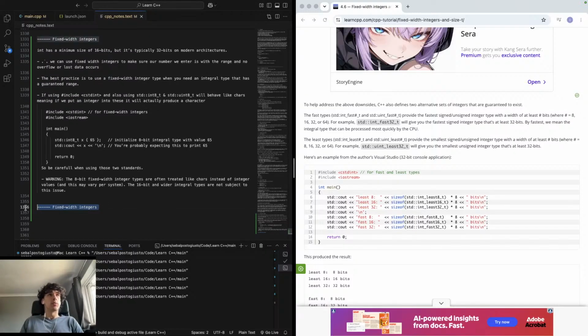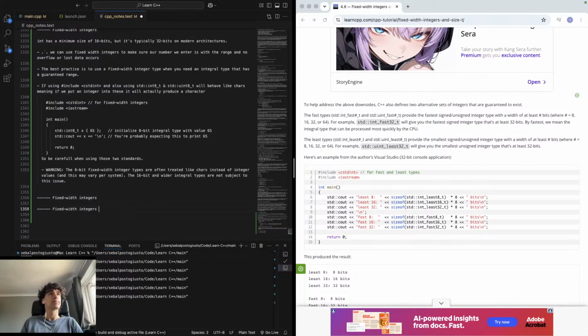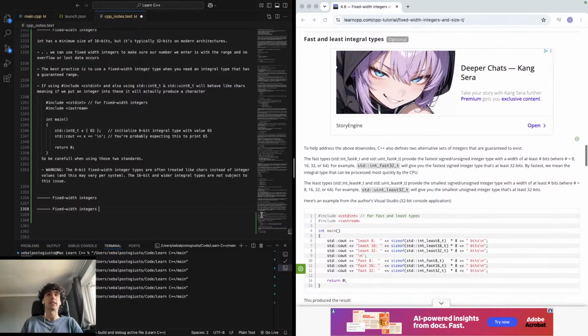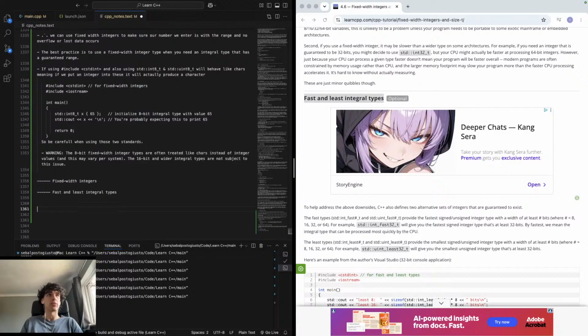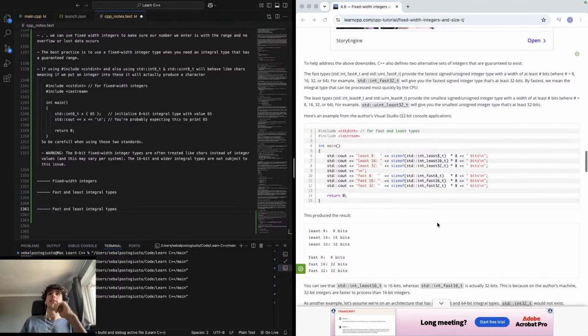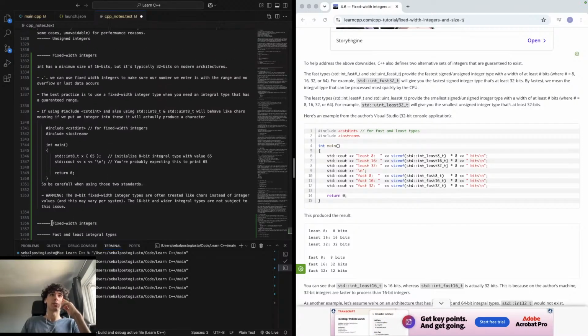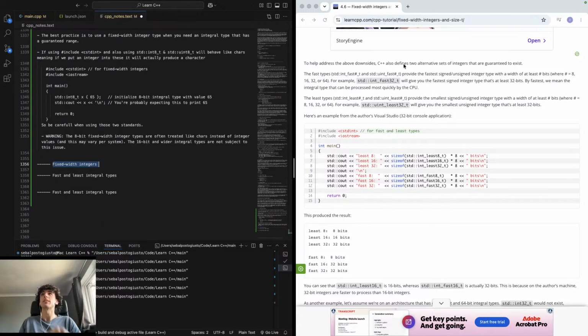So what we'll do is we'll copy and paste this. We'll do fast and least integral types, and then we'll copy and paste that, and we'll make notes on this. So anyway, to help address these downsides of fixed width integers, C++ defines two alternative types of integers that are guaranteed to exist. The fast types,